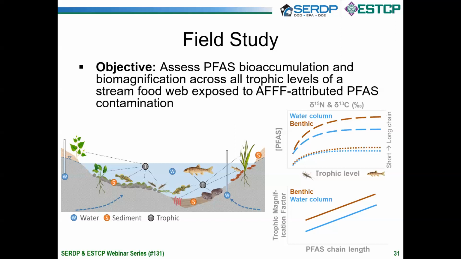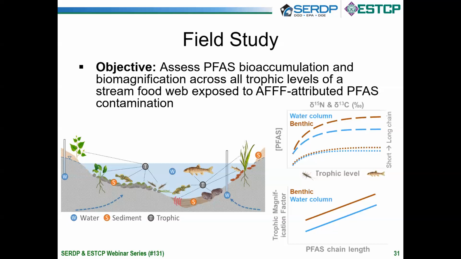In addition to PFAS, we will also be analyzing our samples for stable carbon and nitrogen isotopic composition in order to determine food web structure. With this food web structure, we'll be able to quantify biomagnification via trophic magnification factors, which is essentially the regression between PFAS concentrations and trophic level as established with those stable isotopes. Trophic magnification factors represent the average diet-to-consumer transfer of a chemical, or PFAS in this case, through the food web, and can better account for differences in biomass and contaminant transfer efficiencies than, say, traditional biomagnification factors or predator-prey ratios,